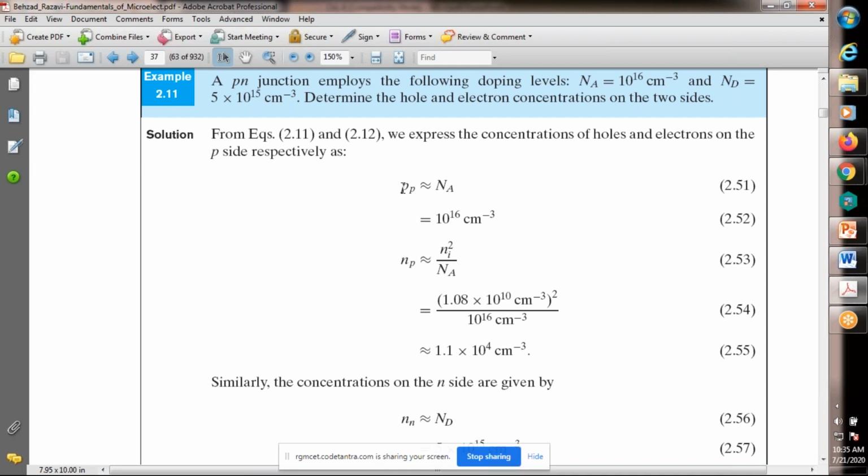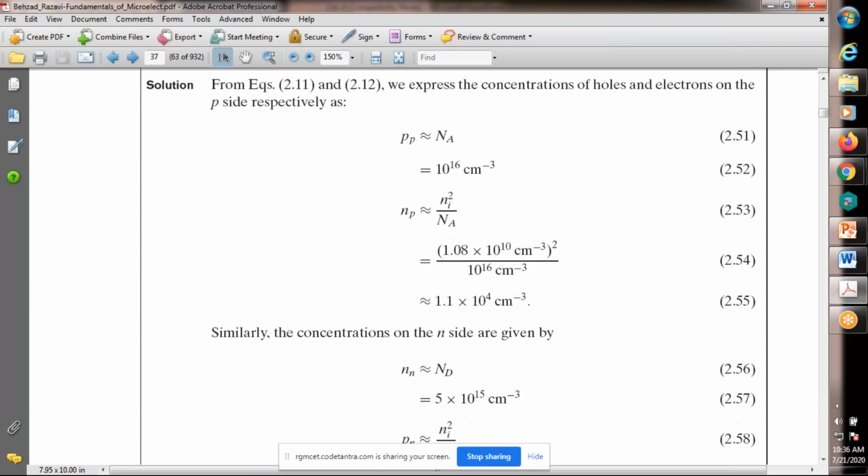Once you know the majority carriers, how can we calculate minority carriers? Minority carriers, n suffix p, number of electrons in P, is equal to Ni square by Na. From that, what is the minority carrier? 1.1 into 10 power 4 per cubic centimeter. Similarly,